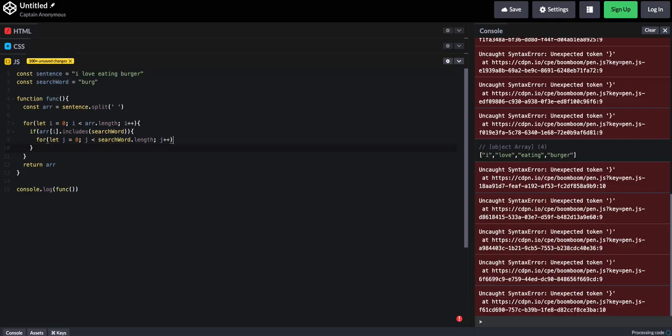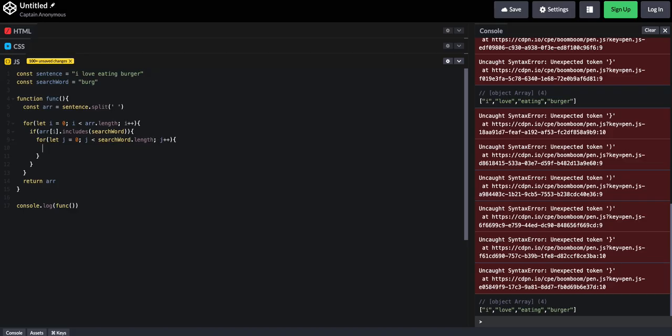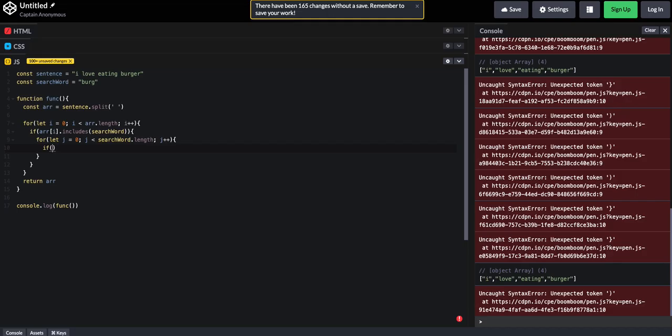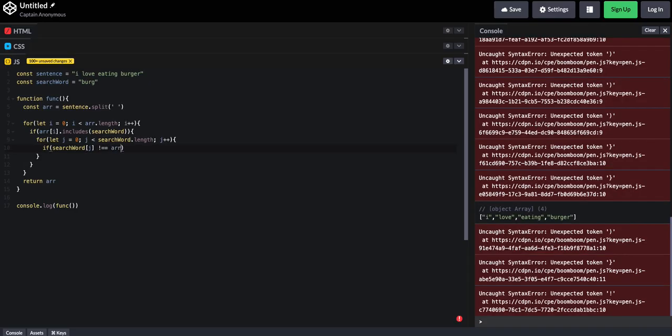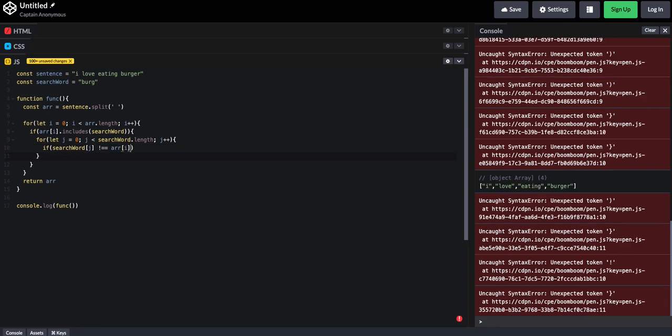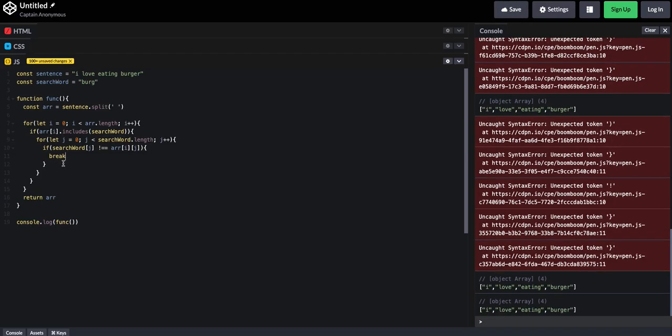j plus plus. So then we can do an if else statement saying first you want to see if it's not equal. So we're going to say if search word at j does not equal array i at j, we're just going to break out of the loop. And it's just breaking out of the inner loop. And then we can say else if